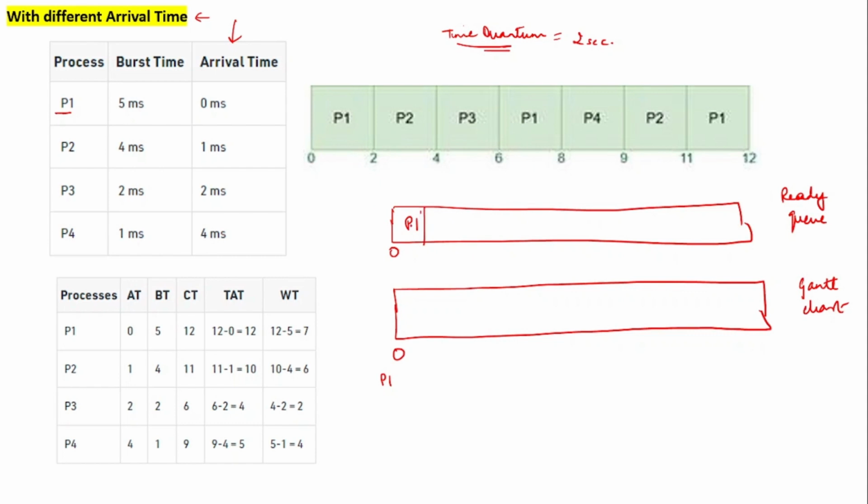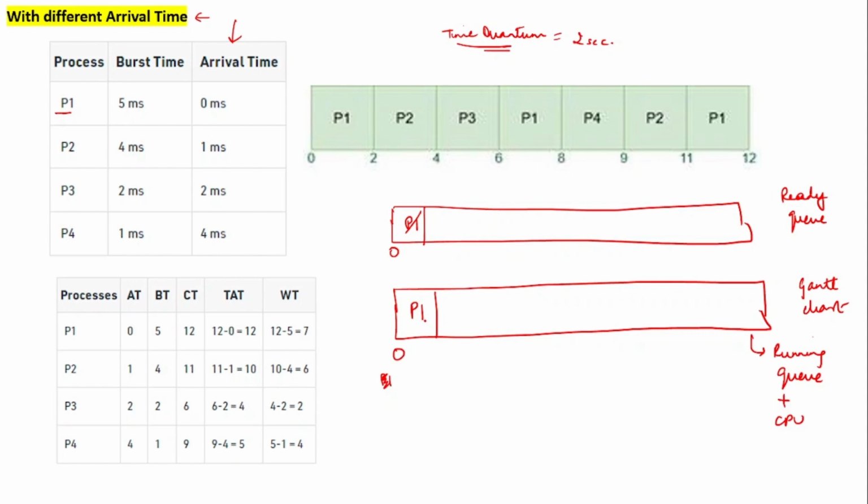What I'll do is take this process from here and give the CPU to it. So P1 comes and gets the CPU. This is the ready queue, or you can say this is the running queue, where the processes have the CPU. So now at the 0th millisecond P1 is removed from the ready queue and goes into the running